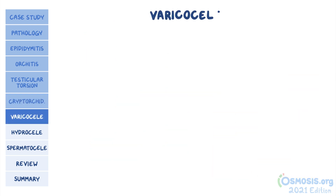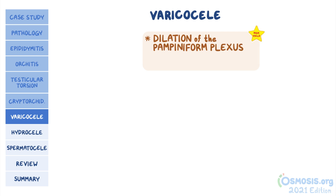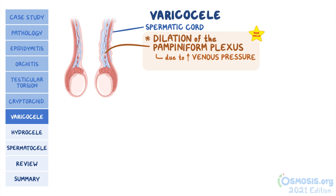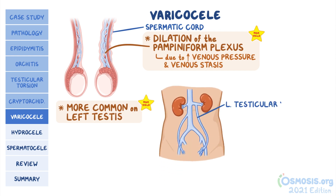Next, varicocele is characterized by dilation of the pampiniform plexus, which is a network of small veins that drain the testicles and is found within the spermatic cord. This occurs due to increased venous pressure and venous stasis. For your test, remember that varicocele is more common on the left testis, since the left testicular vein drains into the left renal vein, forming a perpendicular angle before draining into the inferior vena cava, and this increases the resistance